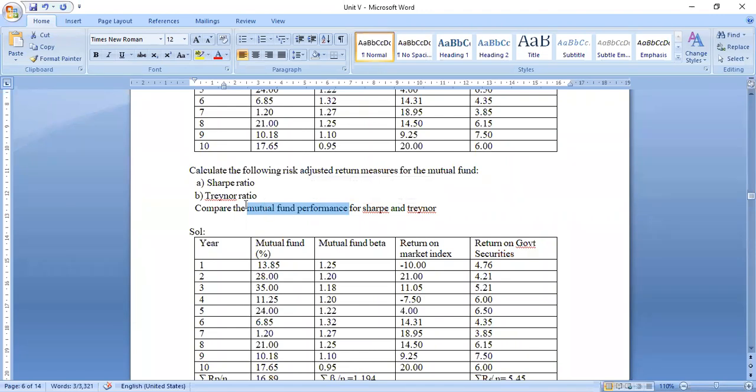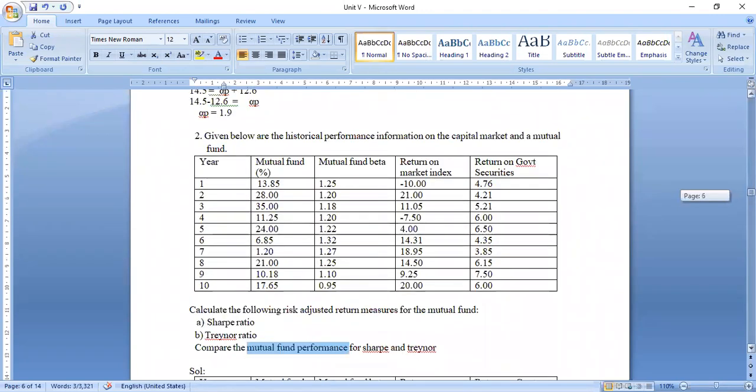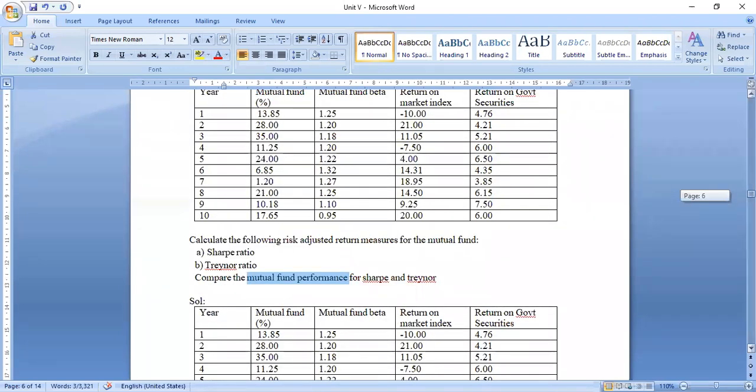And that is the reason for this particular problem, we are just asked to calculate risk adjusted measure. And in that risk adjusted measure, we are focusing on the return as well as the risk, but we are not focusing on market index. Market index is more relevant for those securities where the total returns is totally dependent on the market risk, and that is why we have to consider the return on market index as well as return of the portfolio which is subject to the market. And that is the reason for this calculation of risk adjusted measures as per Sharpe and Trainer, we are not considering return on market index, but rather we are considering the returns of mutual fund.